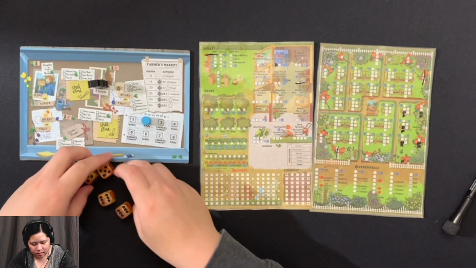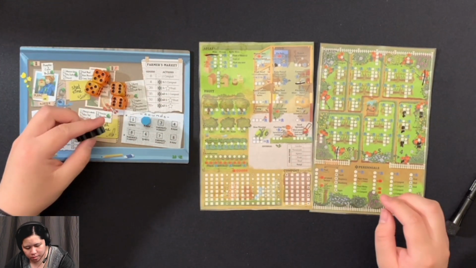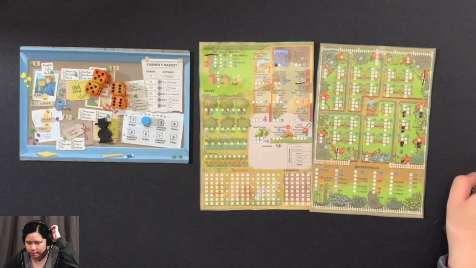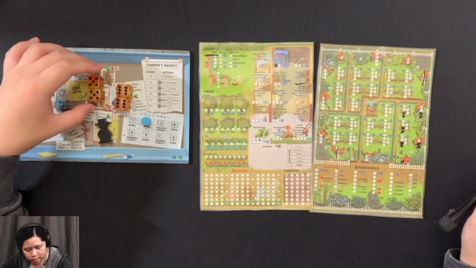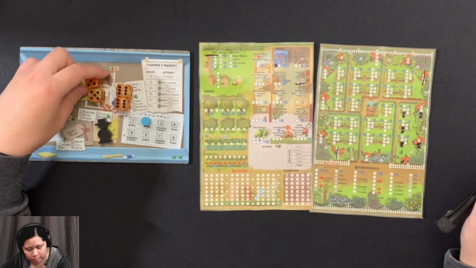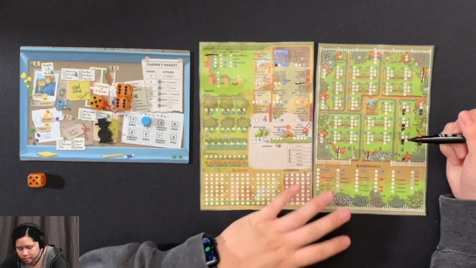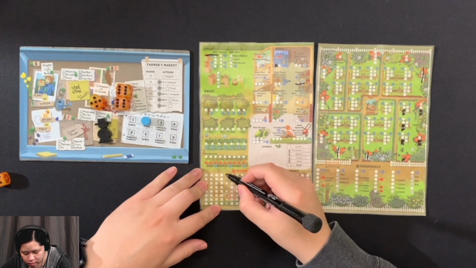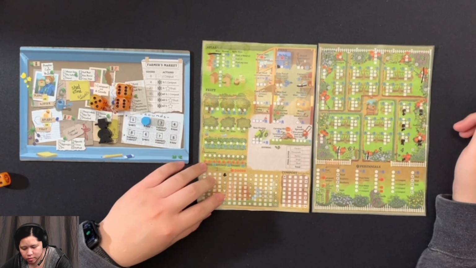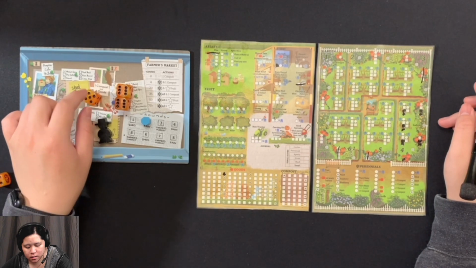Ooh, 5s and 6s. Okay, Farmer Edith will be at the shed time. I'll put it like that. And let's see. Farmer Edith will go first, so that means it will take the 5. It'll cross off the pumpkin. And then it's going to remove the star for me, so I won't be able to use the first star action. And then I will take